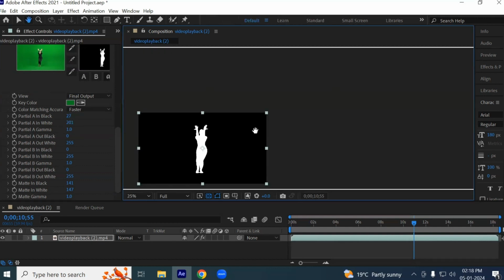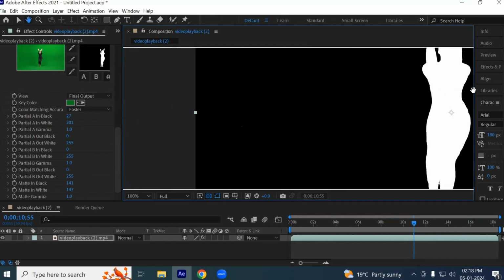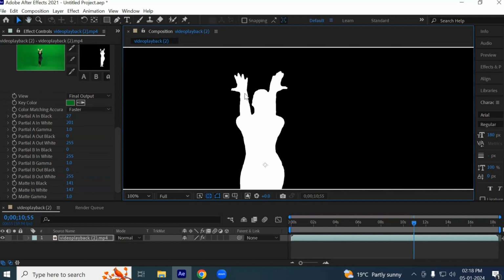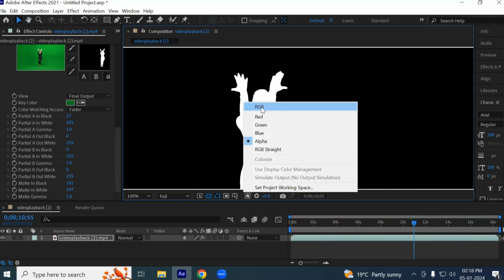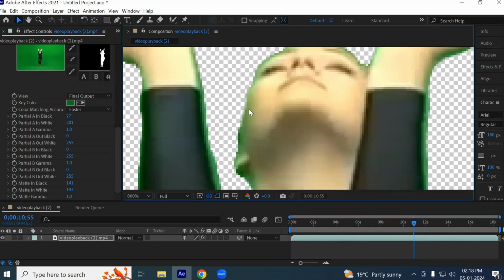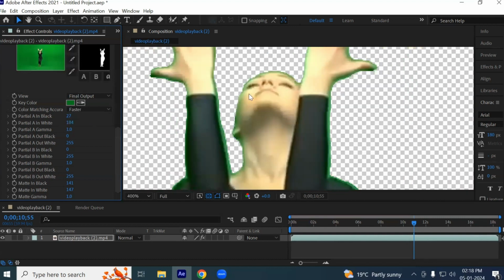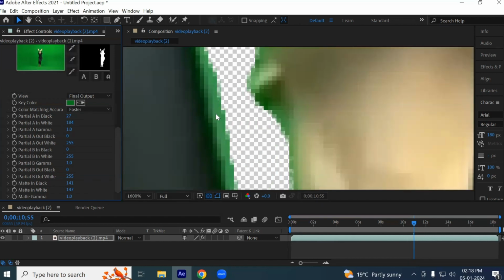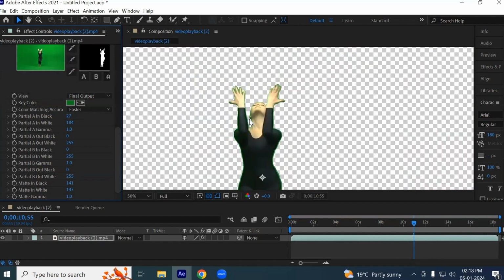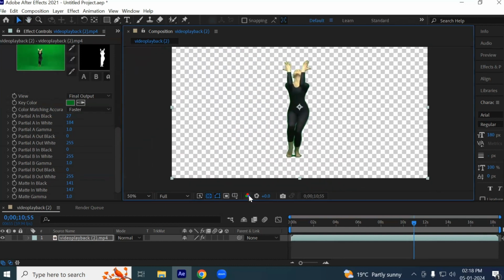Right. See, now the background is having completely black and foreground is having white. Means what the subject I need. So go to check out the RGB. See this? Clear? So up to here I need. The extra whatever the line it is there, green pixels, that we can adjust later. So I'll show you that. Now the background is completely